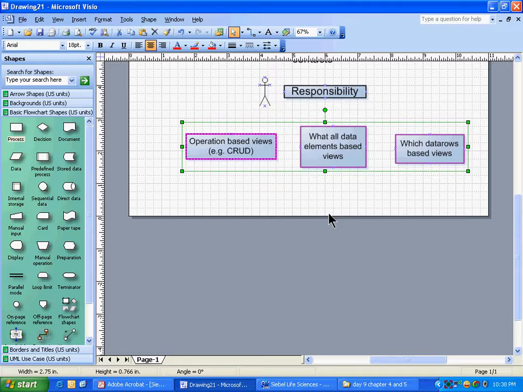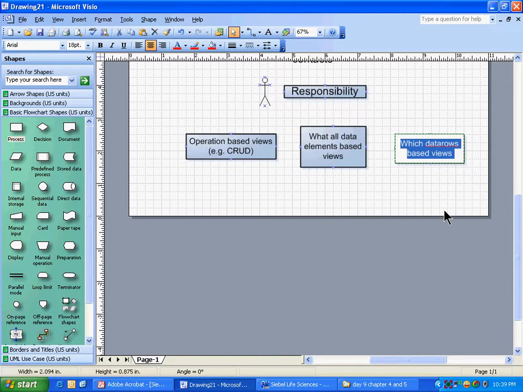If you want to do different things in a different place, in a different view, you have to create two separate views, right? You have to give them the access only. If you want him to see only his records, then you need to create a separate view. If you want him to see mine and your records, always, I can create a separate view for that also. That will mean I need to make sure that positions are also mentioned properly for every account. If I want to see mine and your accounts, then I need to make sure that positions are also mentioned for those accounts. So this which data rows will make sure that view is possible. Once that view is possible, then I can give you the access to that using the responsibility.